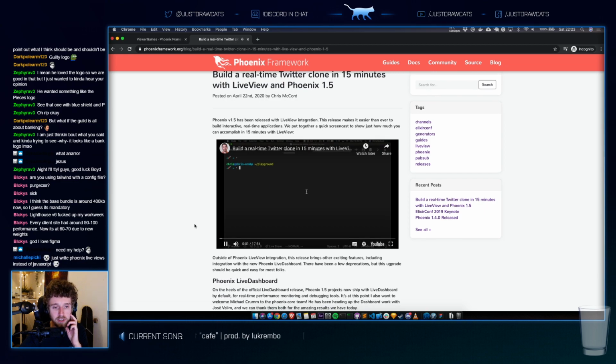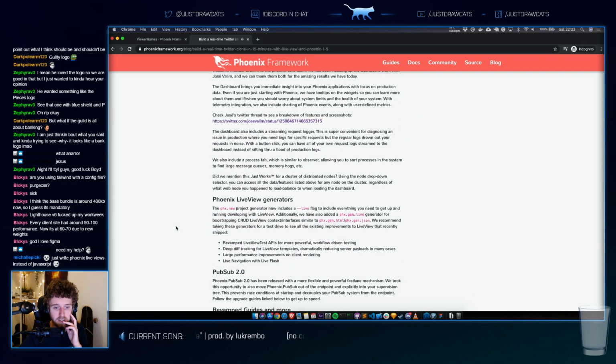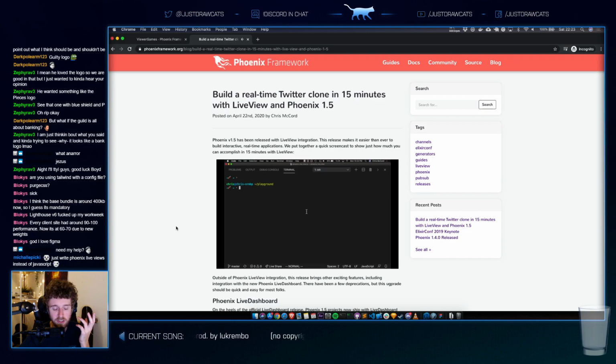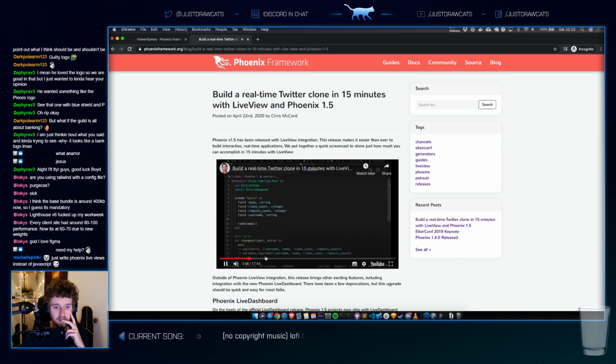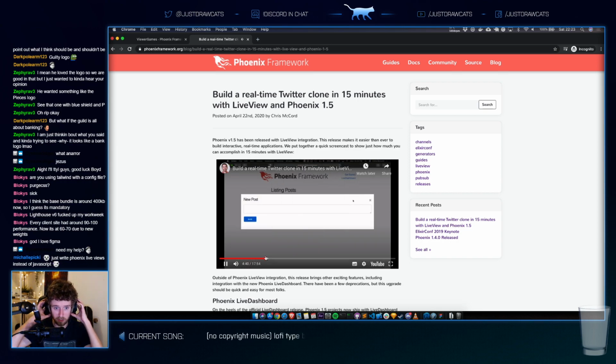But this is for real-time content. That's not really what I have. I don't want to use WebSockets just to open a modal. Kind of odd. I want to use WebSockets though for updating the queue in real time.